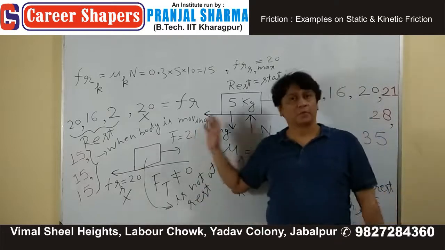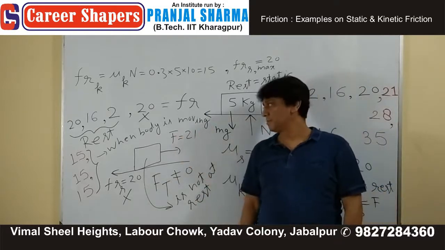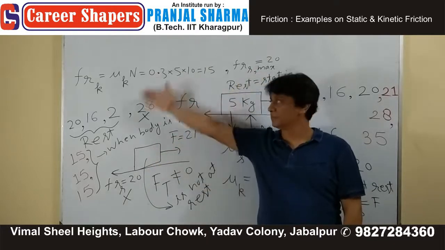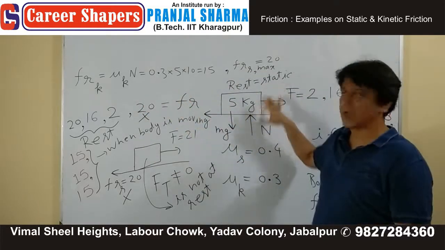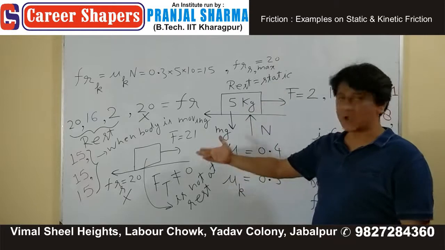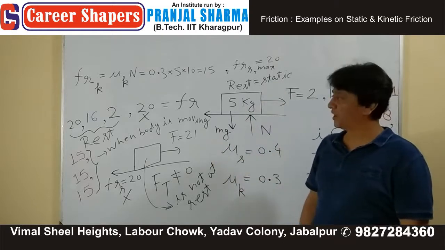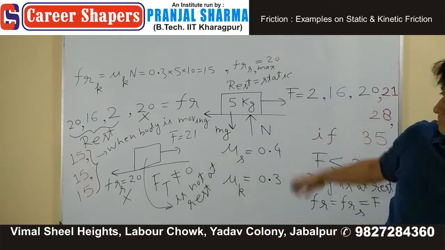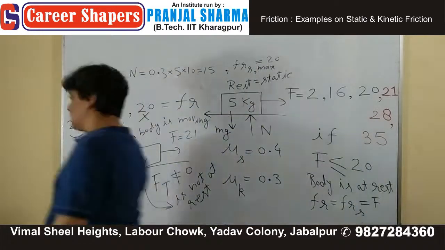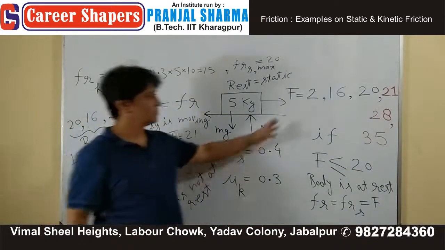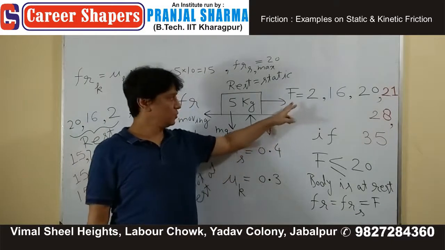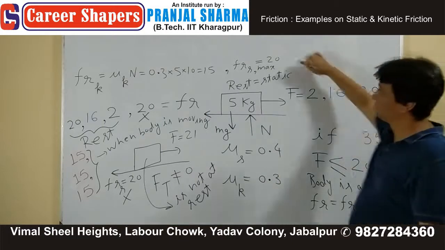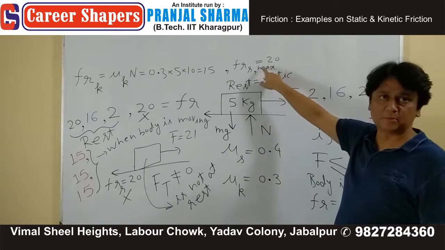तो फ्रिक्शन के क्वेश्चंस को करने का तरीका क्या है? फाइंड आउट Fr static, maximum, kinetic, and then based on the value of pulling force you can find what type of friction is acting on the body. Write down a statement with this question. The moment pulling force exceeds maximum static friction,